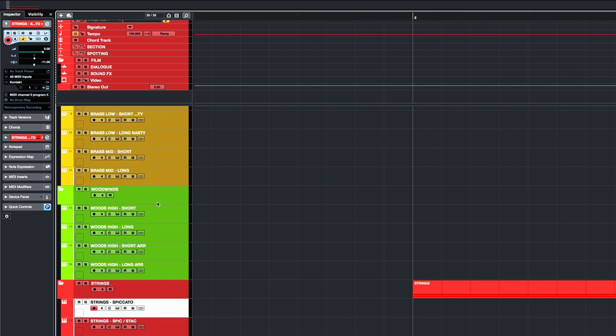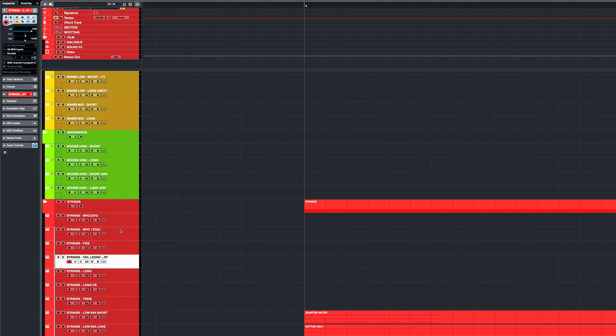Strings spiccato, we've got -11. Strings spiccato stack is -14. Strings pizzicatos are -10. Strings col legno short, we've got -10. Strings long, I've got -33. Strings long CS, we've got -43. Strings tremolo, I've got -21. Strings low octave shorts, I've got -11. And the last one, strings long octave, I've got actually a